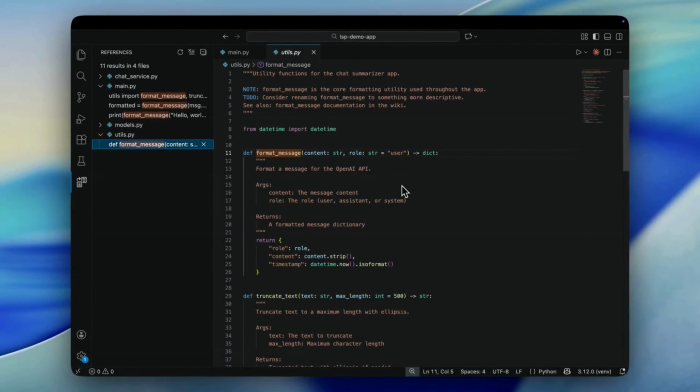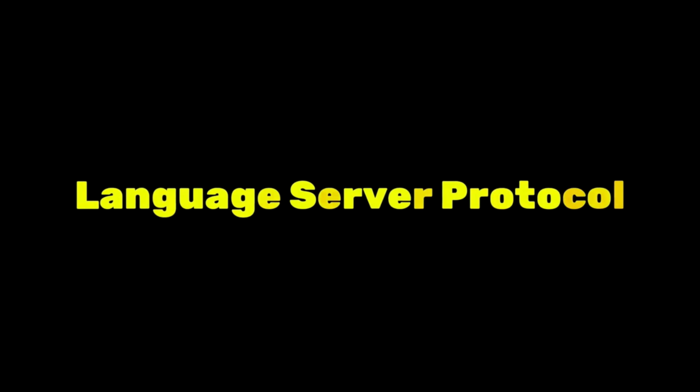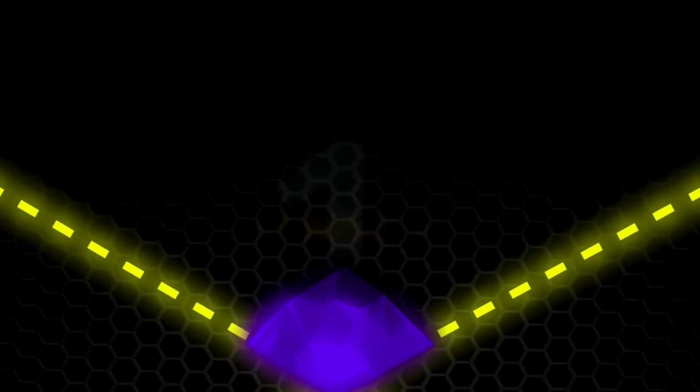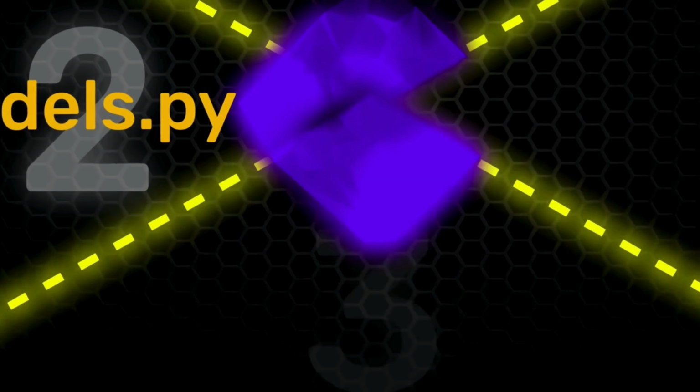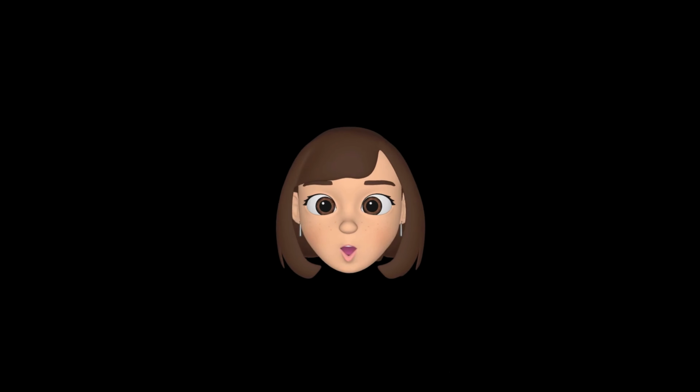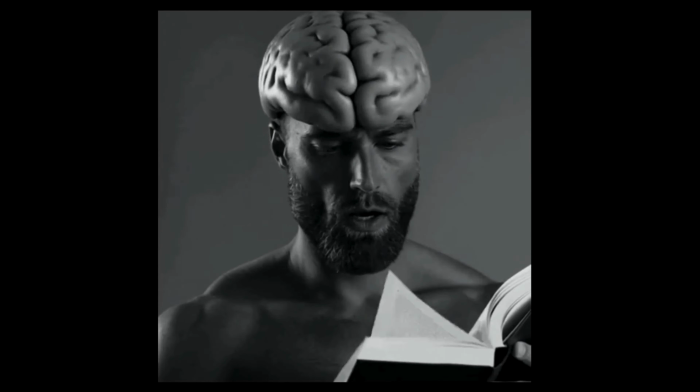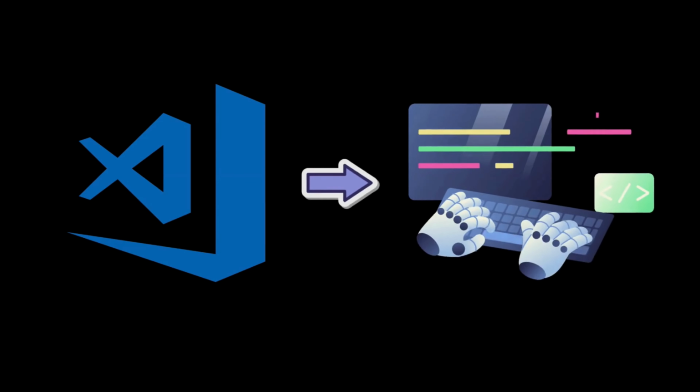It's something called the Language Server Protocol. In short, LSP. It's a background process that deeply understands your programming language's structure. Here's the thing. Until now, Claude Code didn't have this. It was searching your codebase like it was reading a book, just matching text. But your IDE actually understands code.